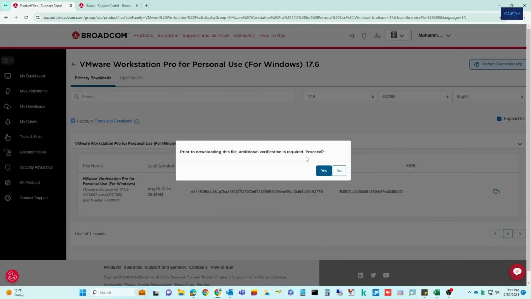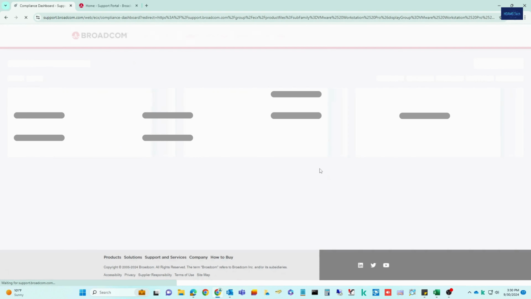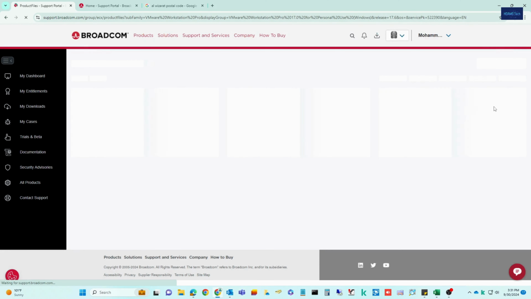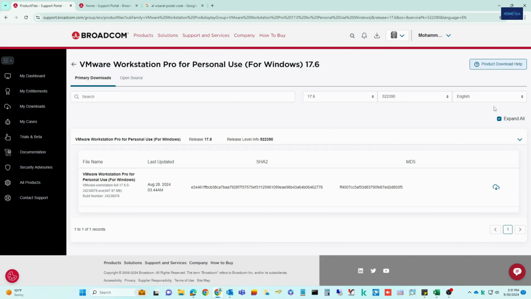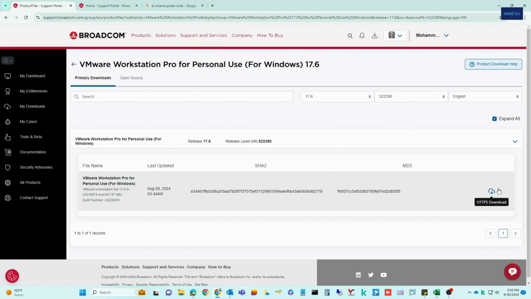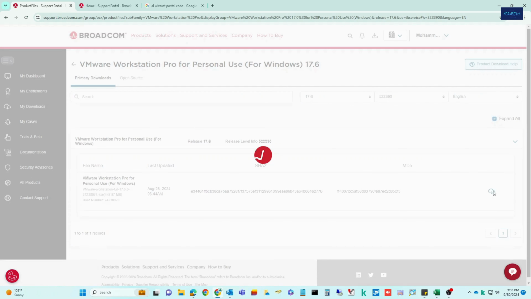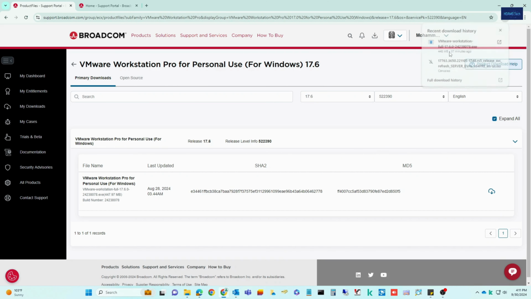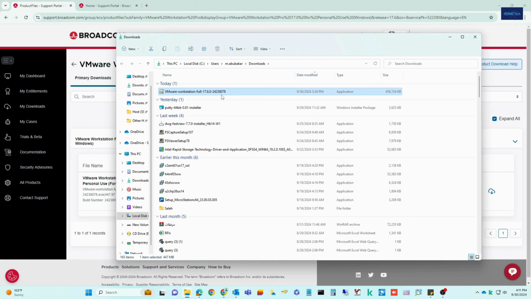It will redirect you to fill the full address of your location, then submit, and you can download now directly. You can see the download will start now. Then it's downloading now. Download is finished, and you can open